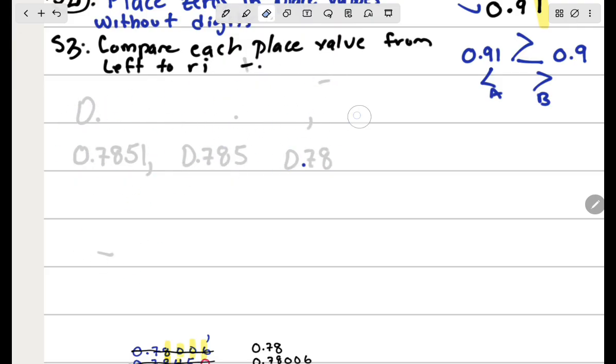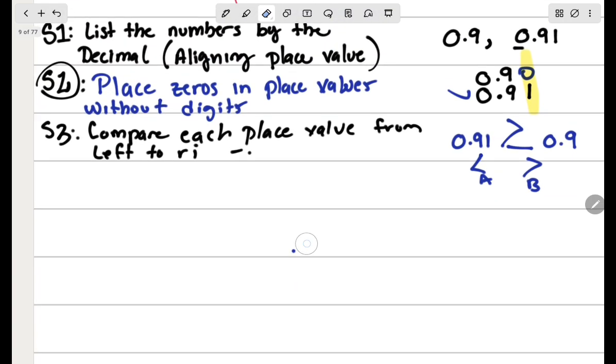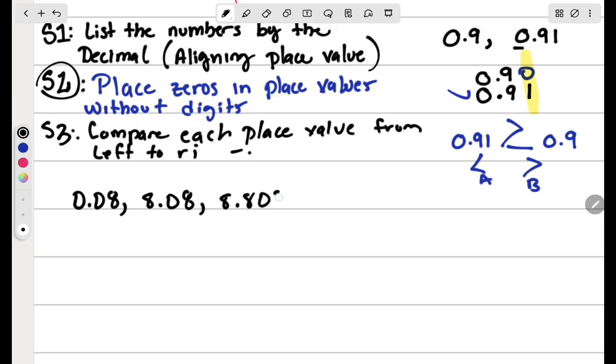Okay. Trying to keep it so we can keep our rules close by. All right, so write this list of numbers: 0.08, comma, 8.08, comma, 8.808,